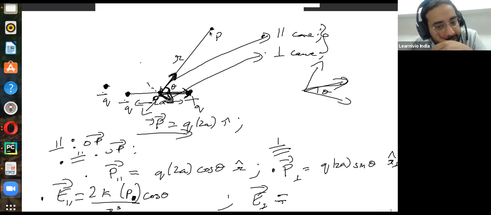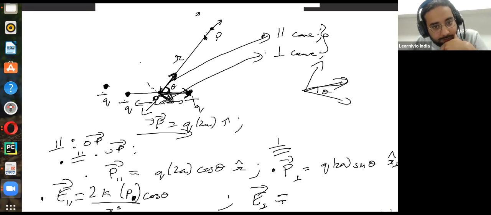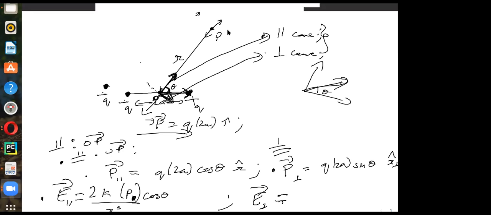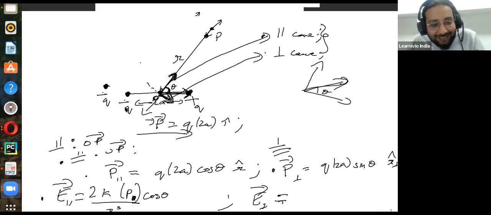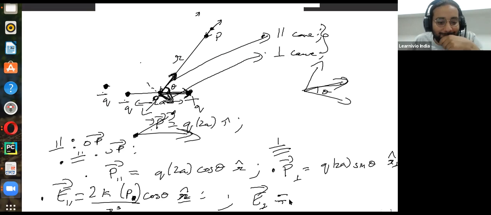What direction will the electric field be in? Sir, the electric field will be in the direction of P parallel. Yes, but will it be going outwards or inwards? Outwards. Lovely. Why? Because it's positive. No, because your convention is from here to here. When you're dividing it here, it will start from here and end here. It's just by definition. Positive. Yes, lovely.